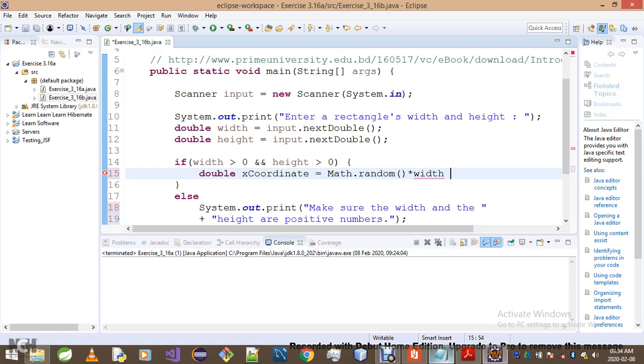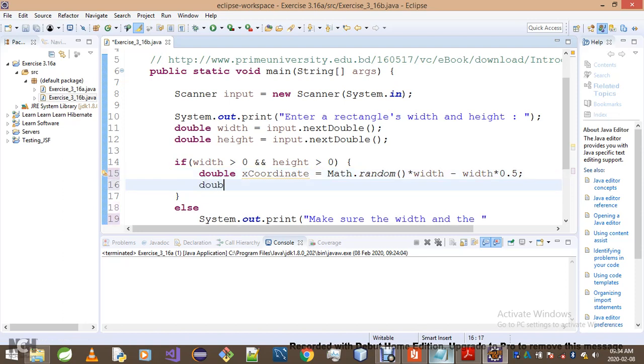Okay, method random, that we multiply by width and then we add width over 2. In fact, we subtract width over 2. Of course, you can simply go times half. Let me just do so. I prefer working with the multiplication signs as opposed to division. Okay,